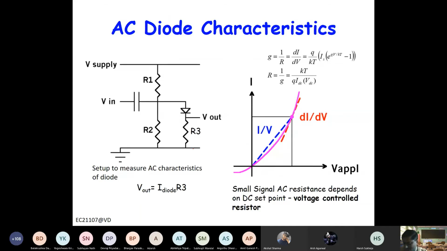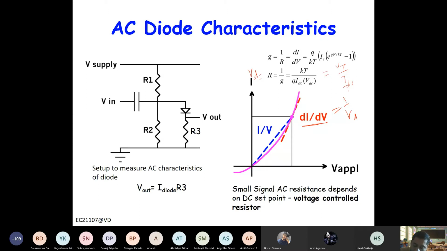Now, generally, so far what we have seen, when we discuss a diode, we say it has a dynamic resistance, right? Which is 1 by R dynamic is dI by dV. And of course, you can differentiate I, I is equal to Is exponential qV by kT. So what you get basically, this R dynamic is Vt over I dc, right? Vt is kT by q, which is 26 millivolt at room temperature.